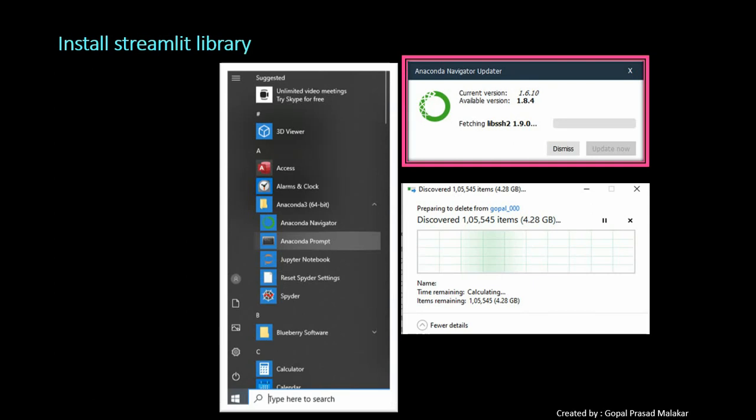First I'll suggest that your Anaconda distribution should be updated. If it is not, you should update your Anaconda Navigator. What you need to understand is that the Anaconda distribution gives you a plethora of files. When I was trying to delete it, it told me that more than 100,000 files were being deleted.